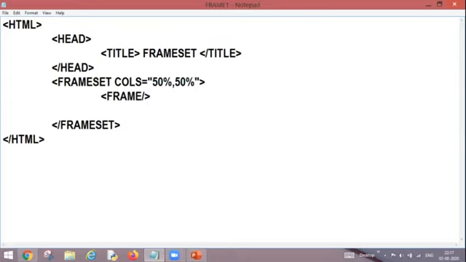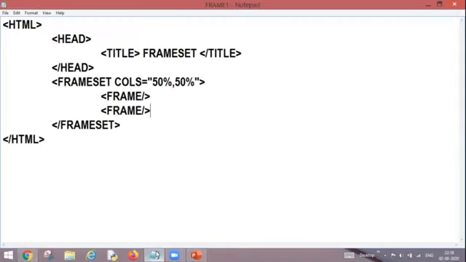So I have divided my web page into two frames, so I'll be writing frame tag 2 times, and frame tag is an empty tag, so I'll be writing in this way. Now Control S, going back, press F5 key, and as you can see my frames are appearing. This is my frame 1 and this is my frame 2. And there is a border in between which is defining that a web page is divided into 2 sections.